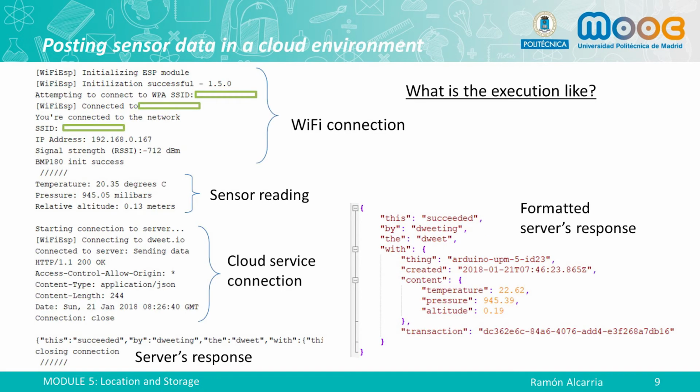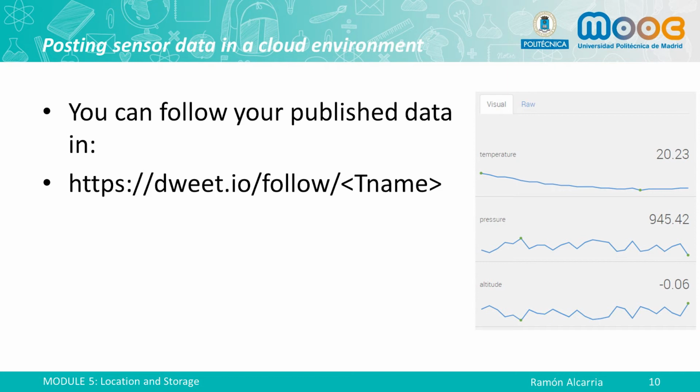In the serial monitor, you will see the Wi-Fi connection. After that, the sensor reading, the cloud server connection with all the HTTP configuration parameters, and finally, the server's response. The server's response is a JSON object describing the thing ID, the creation date, and the inserted data. If you want to follow how data is inserted into the cloud, DWIT provides a graphical interface with data evolution over time. In order to reach your data, you must specify a tname, the unique thing name that you use